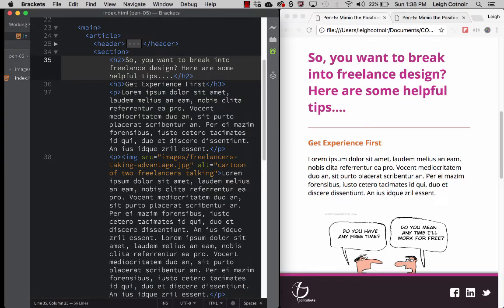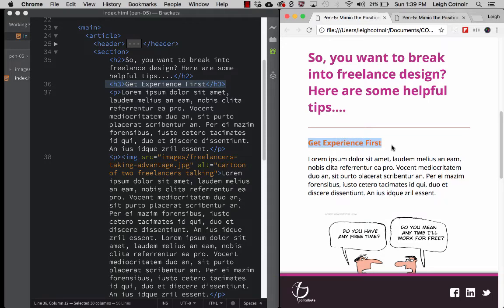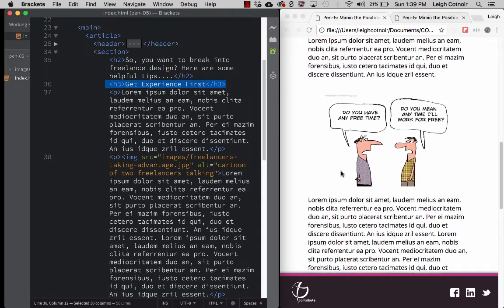And then you'll see we've got an H2, and it says, "So you want to break into freelance design, here are some helpful tips." And then below that we've got an H3, and you'll see that it's styled a little differently over here. It's got a slight peach orange color cast, and then we've got paragraphs that behave like normal paragraphs, and then there's some